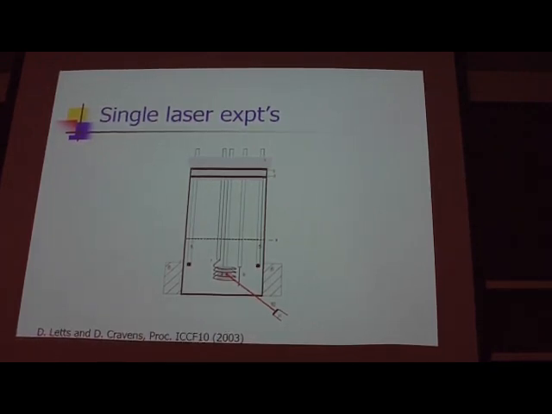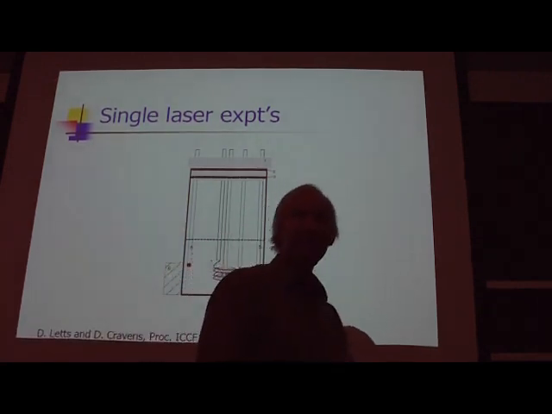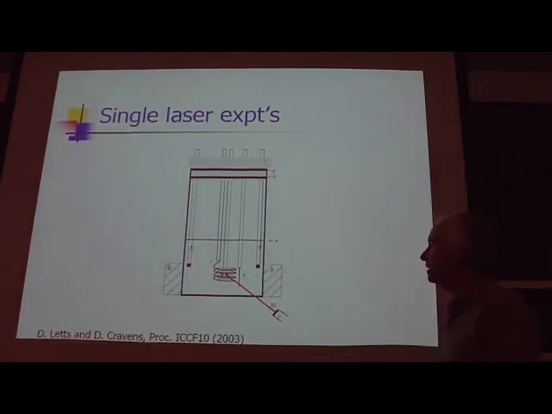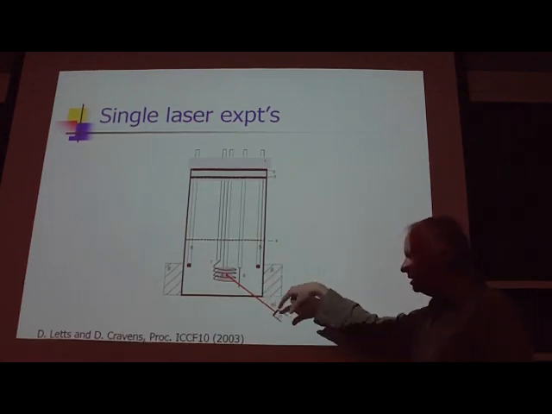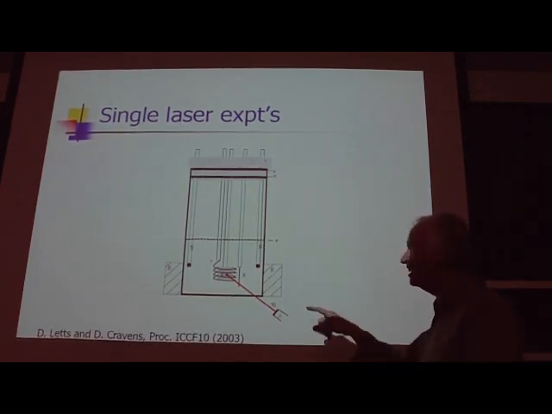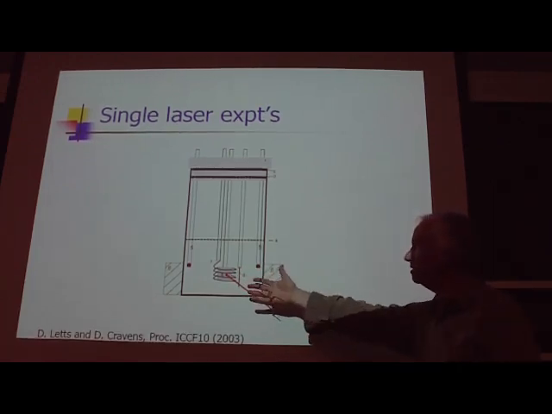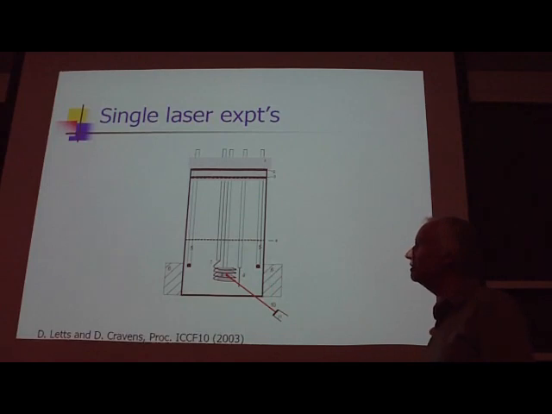And this brings us to the work of Letts and Cravens on laser-induced excess heat. The way it started is that Cravens and Letts noticed that by shining a laser, a laser pointer, and then they moved to diode lasers. A laser pointer is a diode laser. So they have diode lasers that hit the surface of a Fleischmann and Pons cathode.